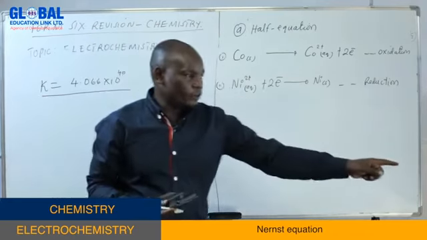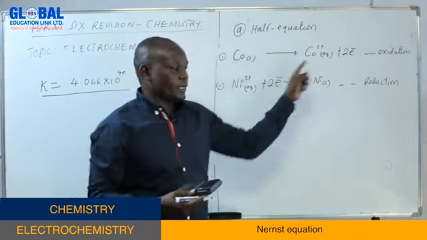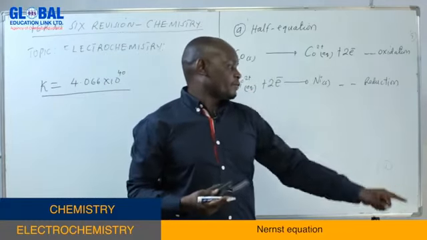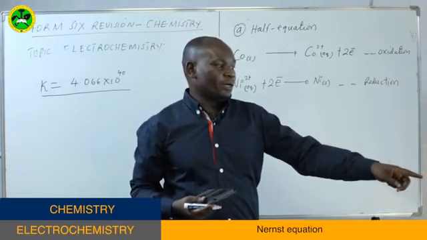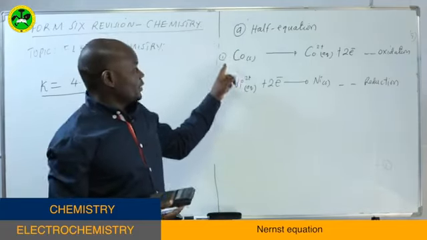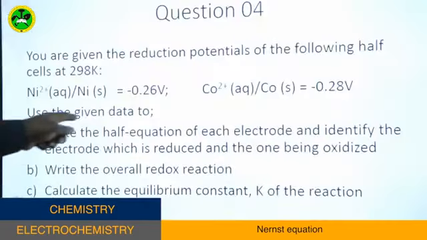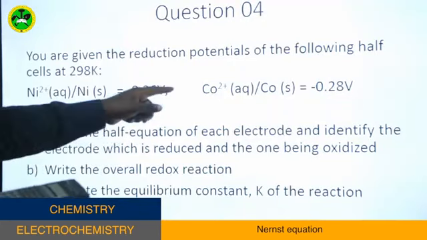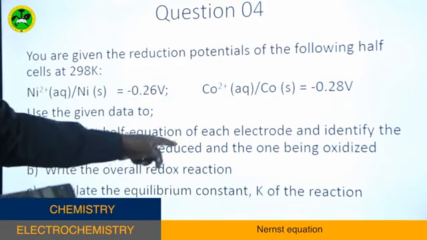So write the half equation of each electrode. So we have written the half equation of each electrode, and also identified the electrode which is reduced and the one which is being oxidized. So this electrode is being oxidized and this electrode has been reduced. And the second part, you have been asked to write the overall redox reaction. So B, the overall